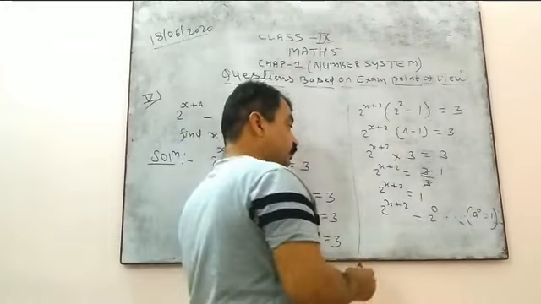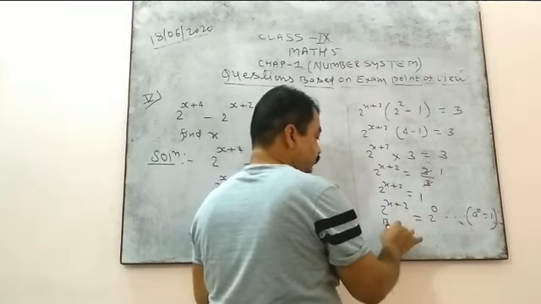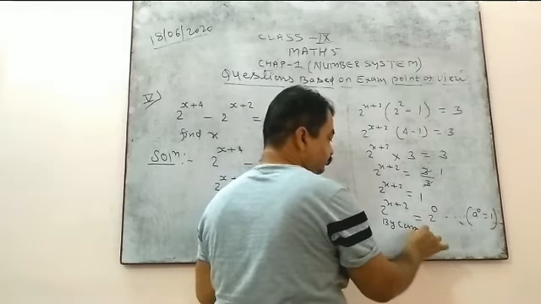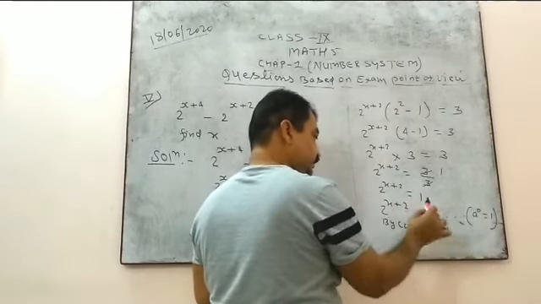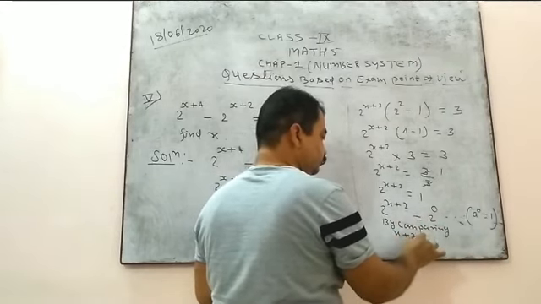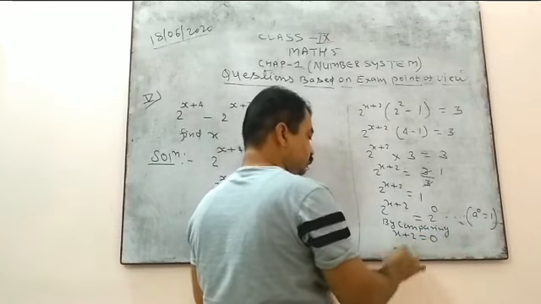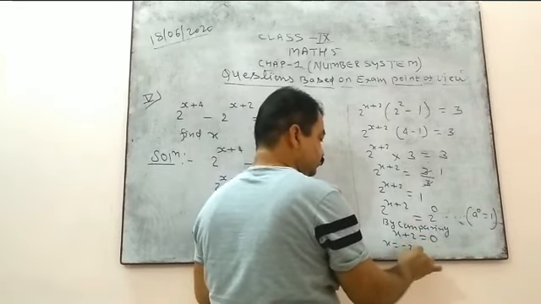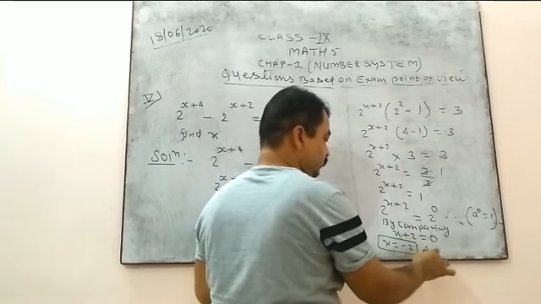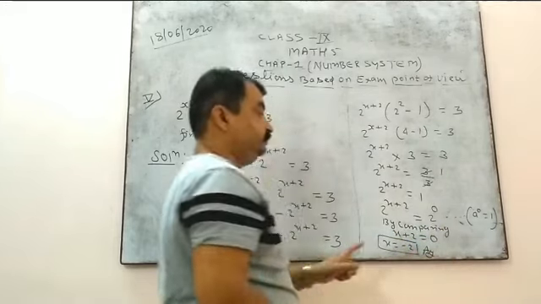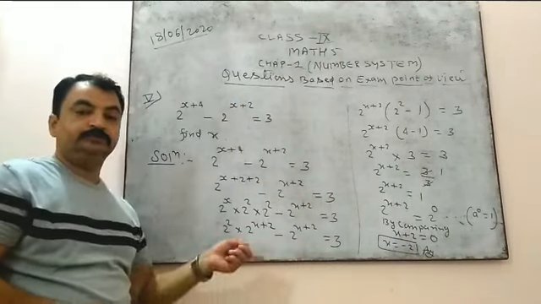Clear? So now, by comparing, you can write: by comparing, the bases are equal, therefore the powers x plus 2 and 0 are also equal. So x equal to what do we get? Plus 2 transposed to that side, 0 minus 2, we get minus 2. This is the solution for this equation.